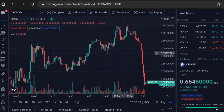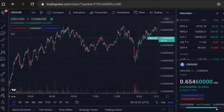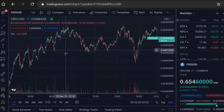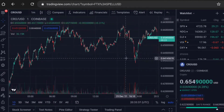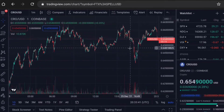So where I want to start off with is going to be over here on the more complex chart, and we're going to start off on the 1 day. So the 1 day chart, you will see for the most part we're seeing that rise up and we're finding our key levels. Now a level that has been key to us in the past as a support is going to be this around 64.5. Now previously this has failed, especially very recently. We've seen this fail at this most recent push downwards, so potentially we could be looking to go lower than